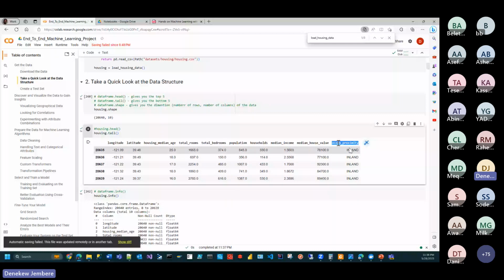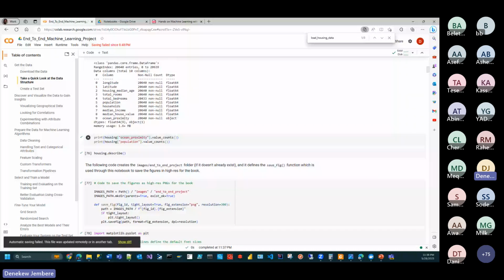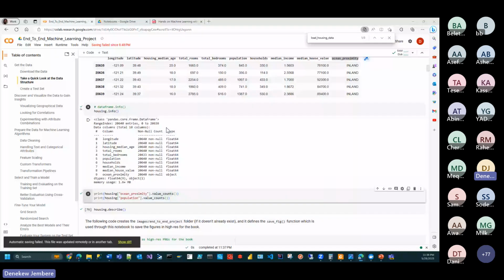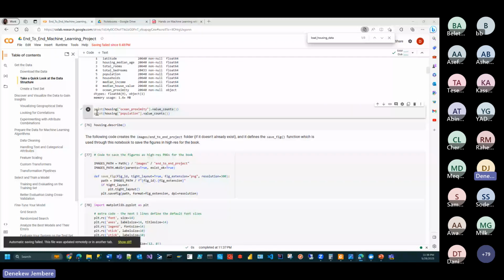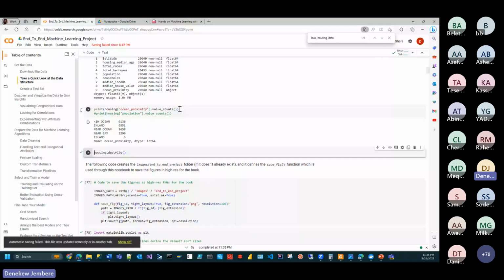What we want here is to inspect the last column. This is part of the data exploration process. Let me comment this line out, and take the value counts of how many distinct values there are